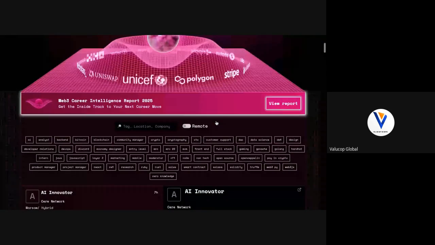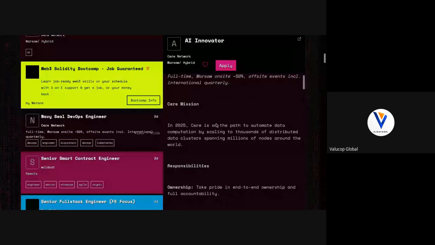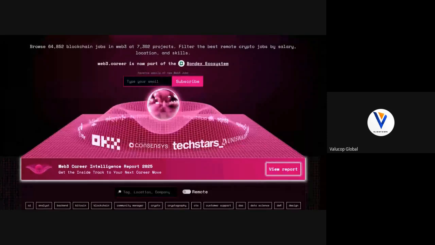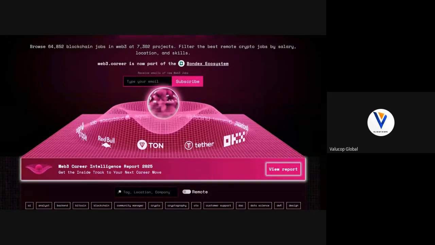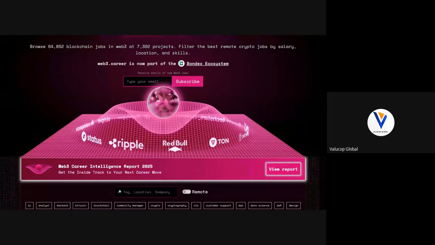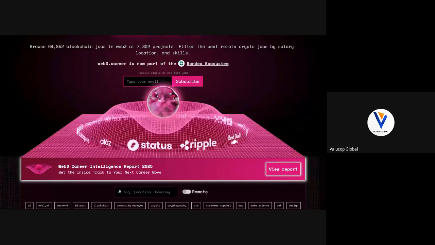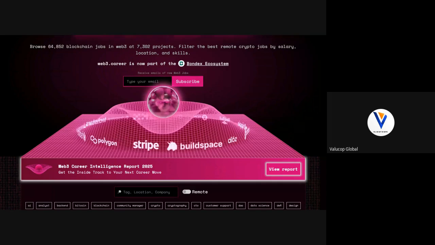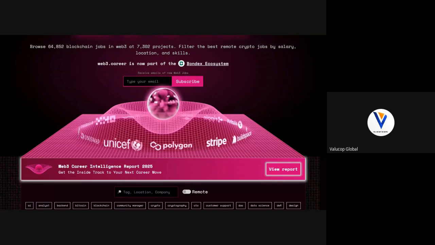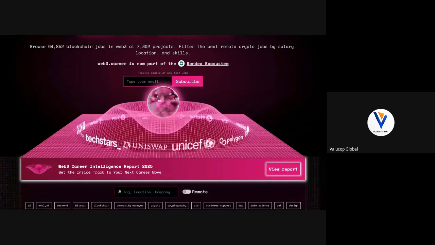Now this is a job website. There are lots of jobs here. When it comes to skills, we have two categories of skills in the Web3 space: the non-tech skills and the tech skills. The non-tech skills are those that don't require coding, like writing, community management, social media management, marketing, the likes of them. And then the tech skills are the ones that require coding.